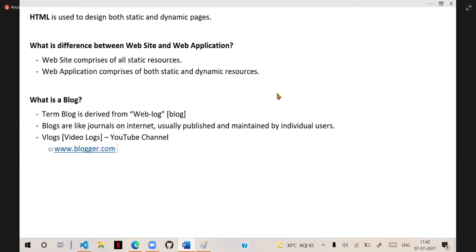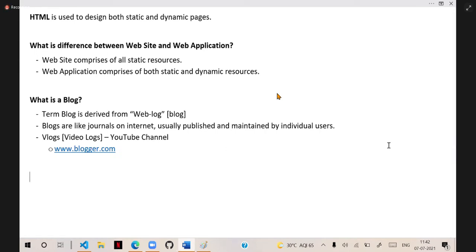So you can create a blog. It's free to create the blogs and work with the blogs. So as a web developer, you should know websites, web applications, and blogs. How to design them, we are going to learn. We are going to work and we are going to see.